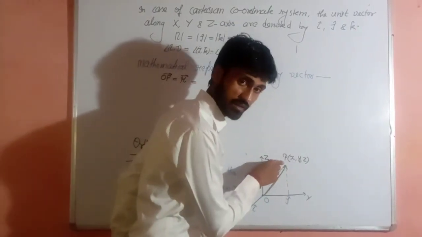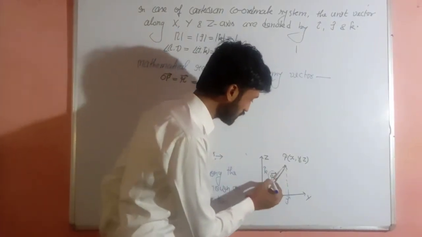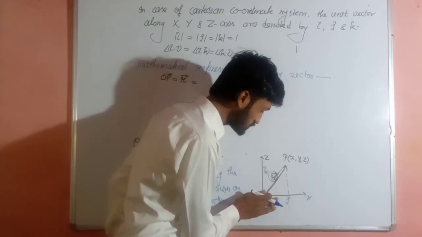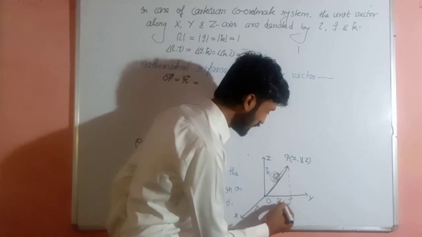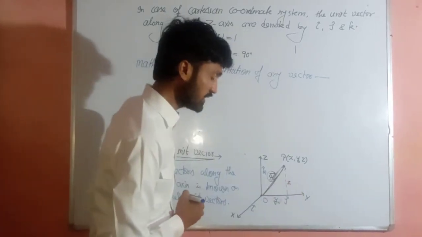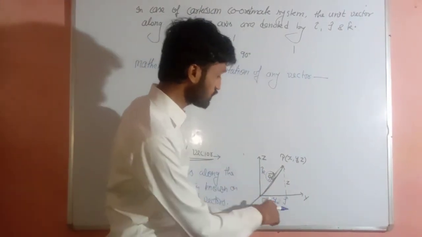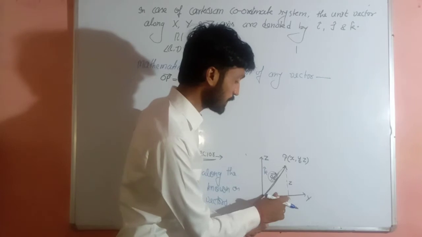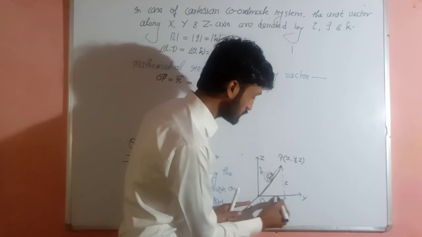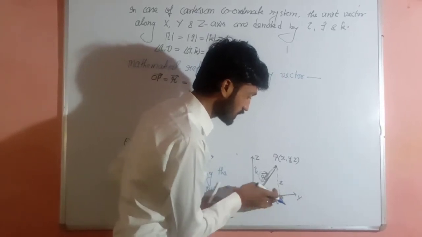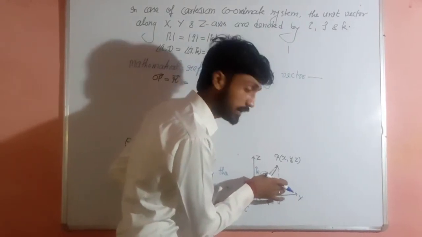If we go from here to here and after that here to here, then this goes from here to here. Use here the concept of vector addition. That means this vector will be equal to the addition of this vector and this vector. And here the distance is x. Sorry, here is y and here is z. Then this vector will be equal to y, and you know very well this vector becomes when we multiply the direction unit vector along this direction, and the movement of the person along this direction is along y axis. So we will multiply here j cap, and here we multiply by k cap.